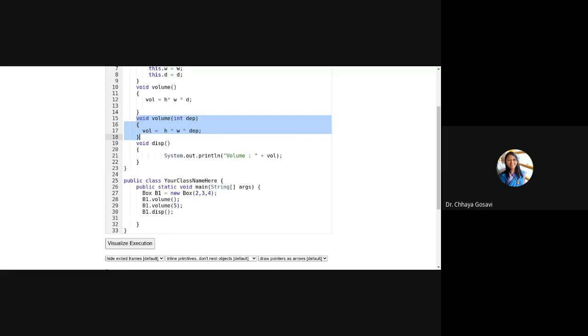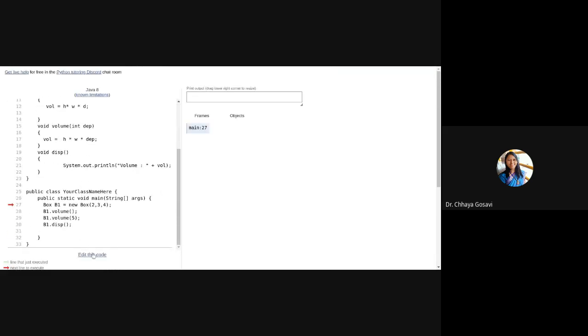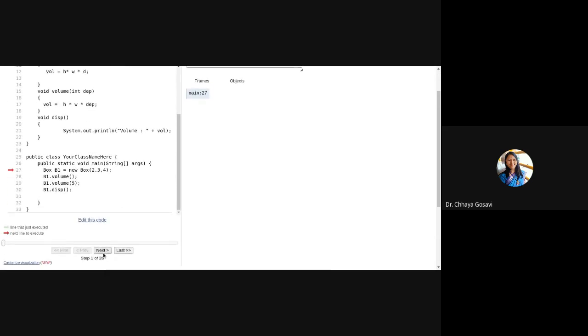Then it is called compile time polymorphism. So function overloading can resolve this binding at compile time, so it is called compile time polymorphism. Here itself the compiler can understand that if you are not passing any parameter, this method is to be called, and if you are passing a parameter, this method is to be called. So if you compile it, the compiler automatically calls the function depending upon the parameters that you are passing.